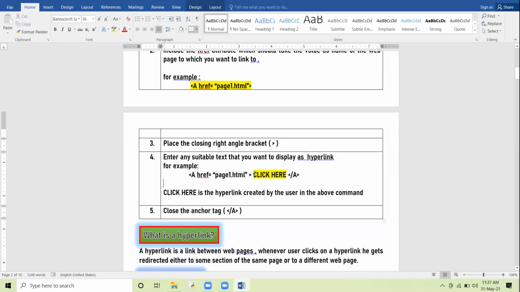When I click on the hyperlink, click here, I get connected to the web page page1.html.